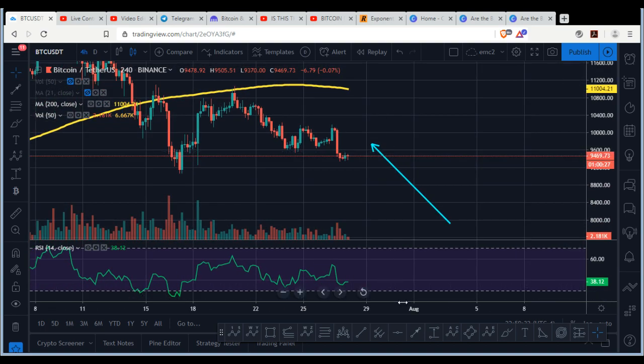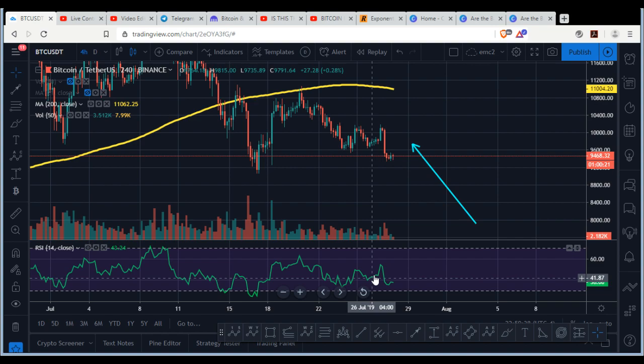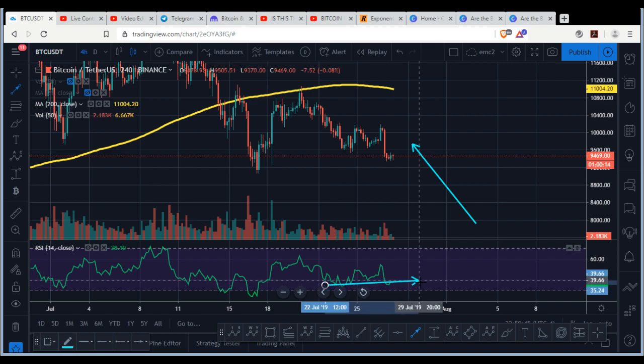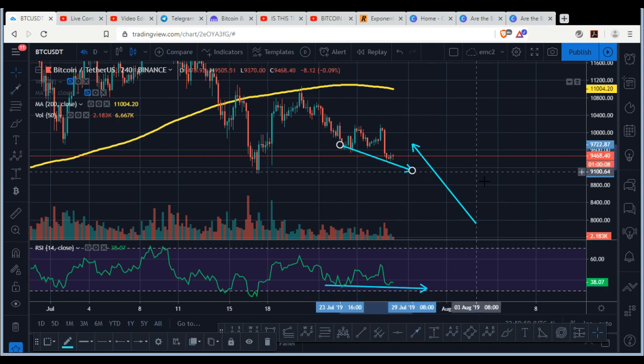So on the 4 hour, I don't see any divergence though. It is not strong enough, guys. You must be talking about this one, right? That's the one you're talking about, but I don't think that's strong enough, and the reason why I don't want to play this divergence is because